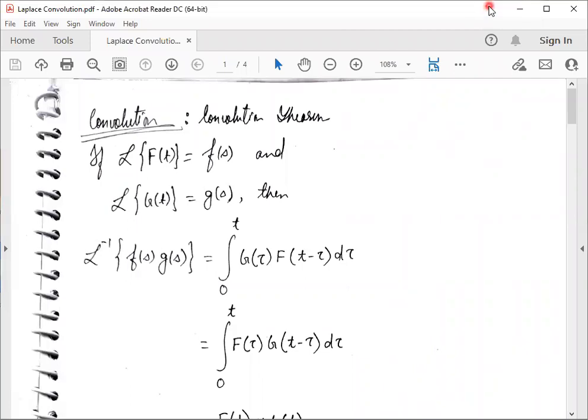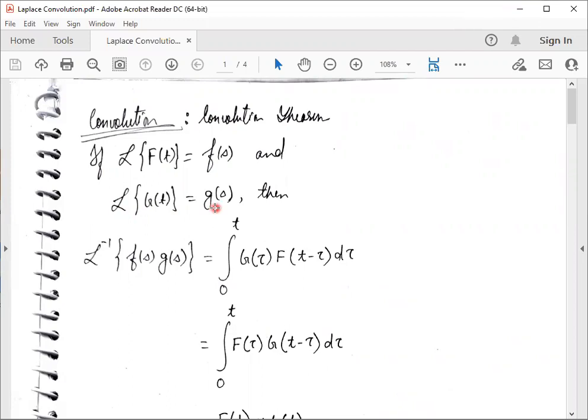So today we are going to discuss the convolution theorem for Laplace transform. And we shall see some examples of this. So, convolution theorem: let the Laplace transform of capital F be small f and the Laplace transform of capital G be small